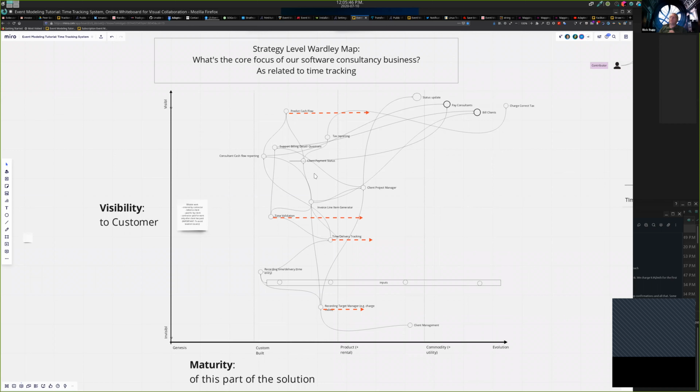So I'm just going to copy this other circle here. Adam, for the needs at top, you're crossing the streams on the map. Left to right is the way we do it, complete commodity or custom. And the size of the circle we chose to draw, if it's a big circle, it's an important need. Everyone's got it. If it's a small circle, it's not that important. Okay, Rick, why don't you place it where you think it needs to be? What I'm saying is, it's an important need, that's fine, but regardless of the size of the need or how important it is,